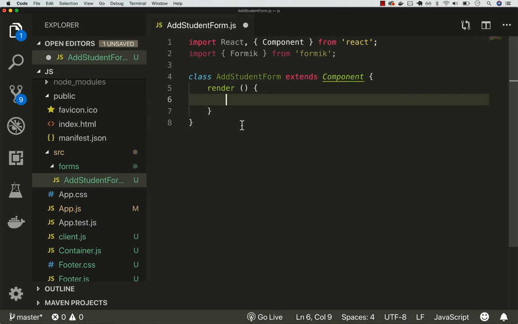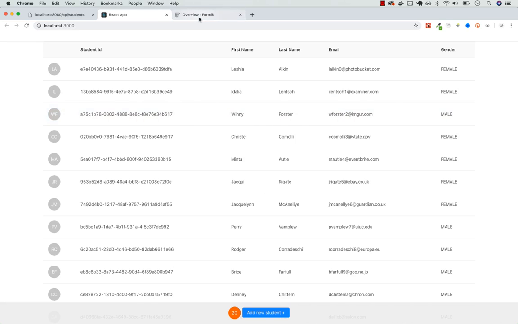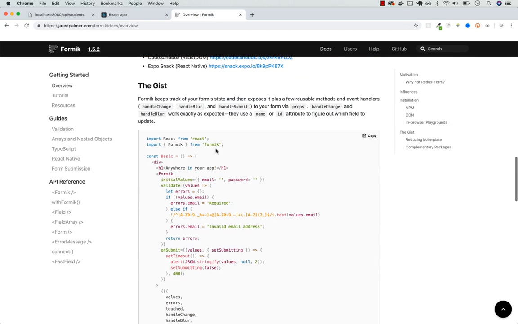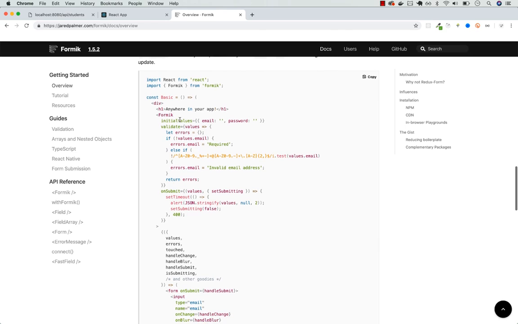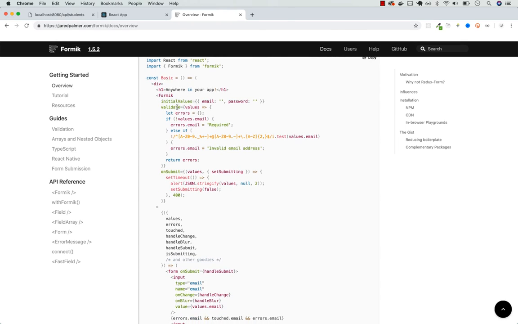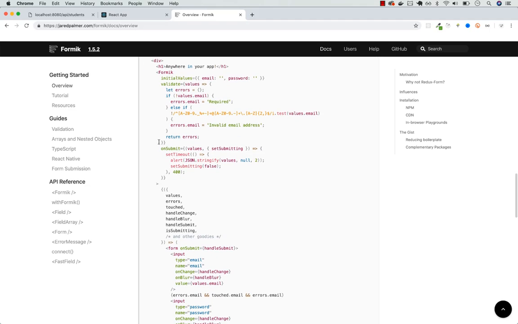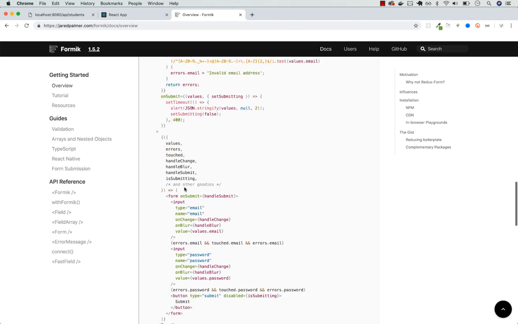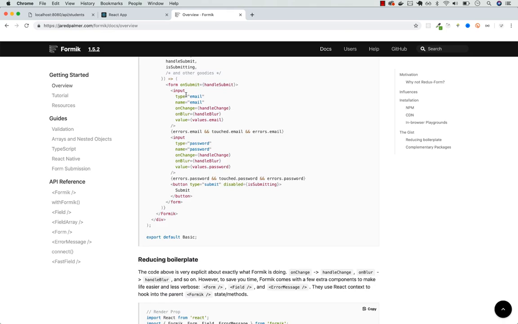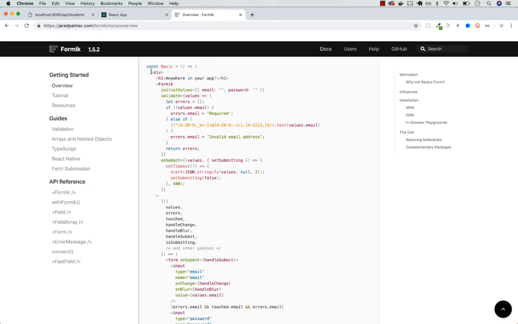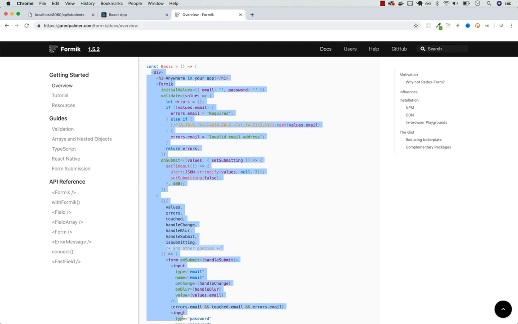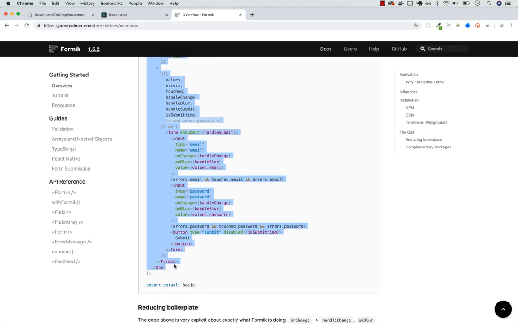So let me go back to the docs, and right here, if I scroll down in the actual gist section, you can see that it is really straightforward. So you can see that they have a div, and then they have the actual Formik initial values, validate, and then submit, and then a bunch of other things. So what we're going to do is actually grab everything from here. So we want to see it work first. So go ahead and grab the actual div